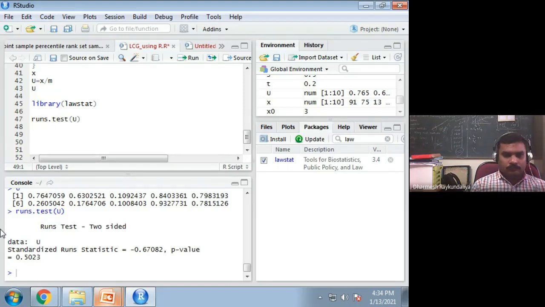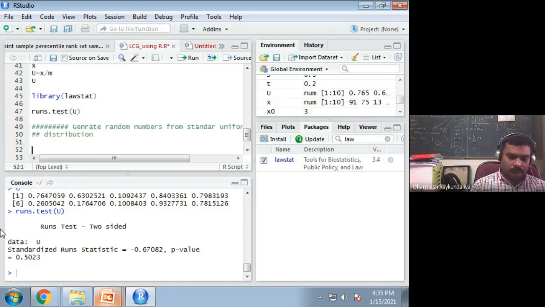Now suppose you wish to generate random numbers using the inbuilt function, from the standard uniform distribution.